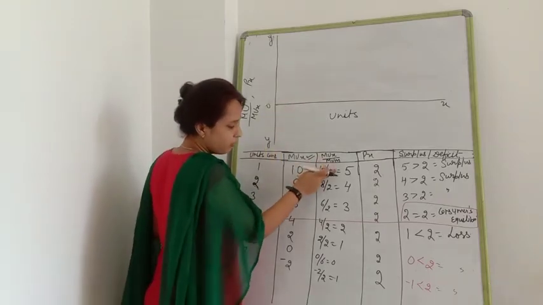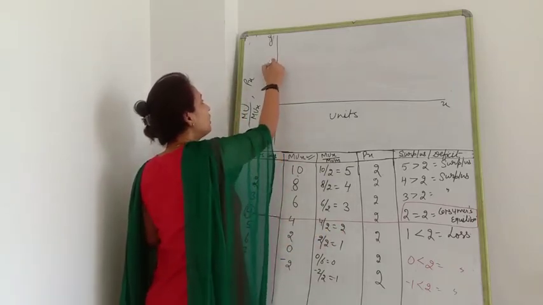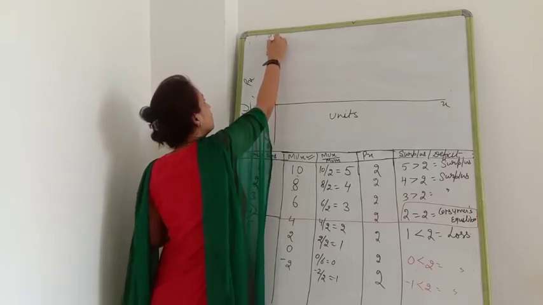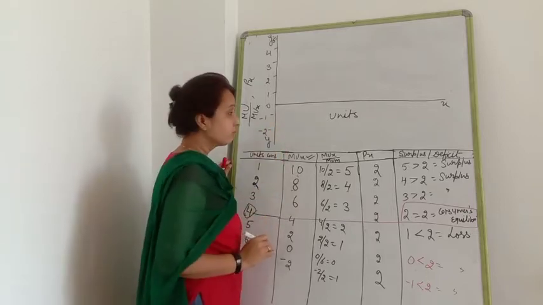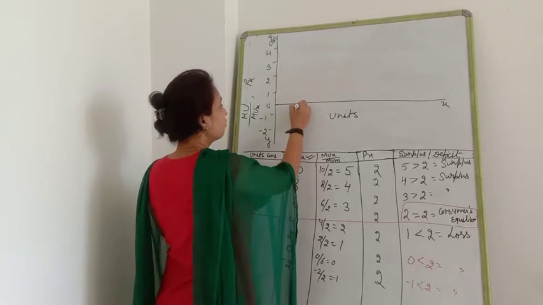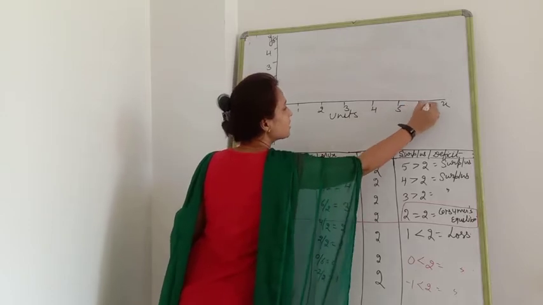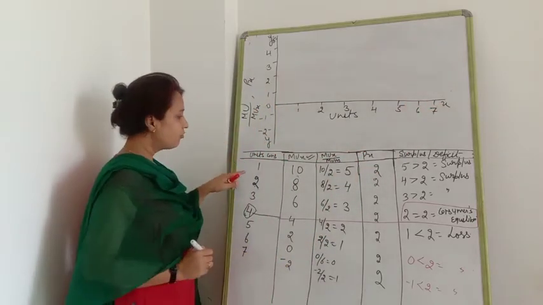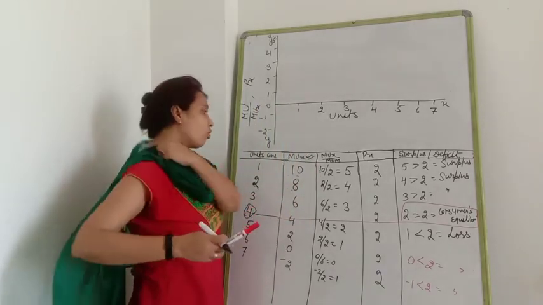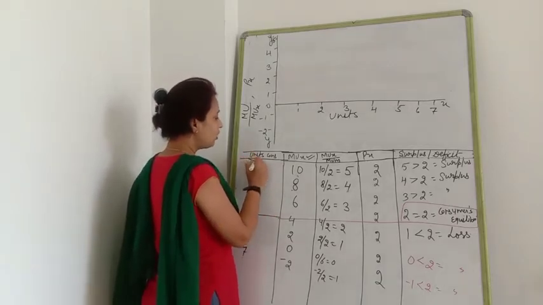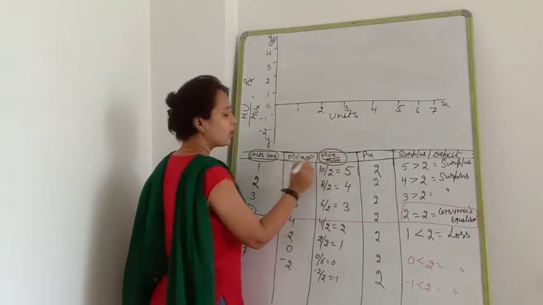Clear? Now all of you know here it is a difference of 1, so we are going to take 1, 2, 3, 4 and 5. Clear? Here we are going to take -1 and -2. Here, how many units has he consumed? 1, 2, 3, 4, 5, 6 and 7. Now at the first unit, how much MUX? We have to draw two columns. First column which we are going to take is units consumed. See here, units consumed, and this column MUX divided by MUM.